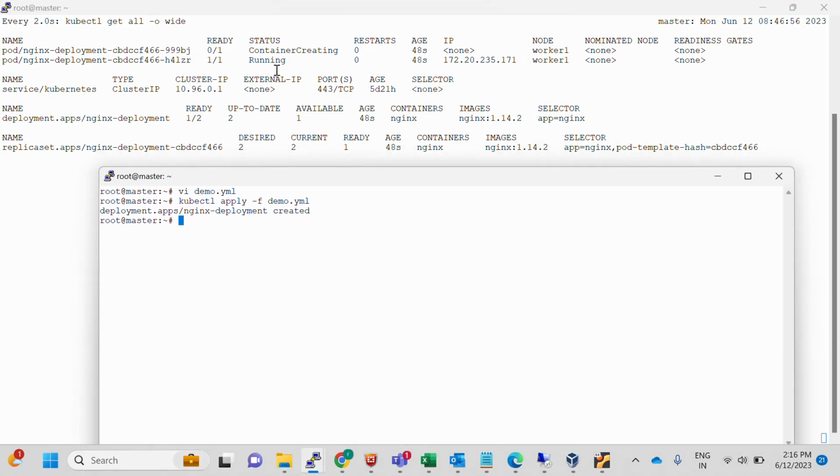One pod is running, one available, desired 2. Both are ready now. So let's create a service. First of all I'm creating a NodePort service,